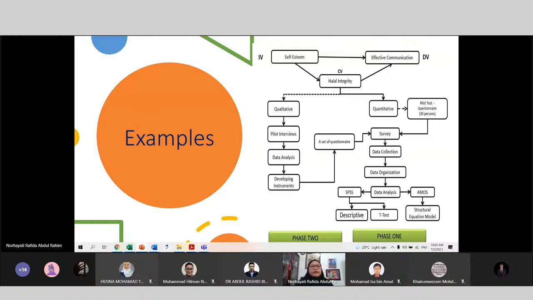Triangulation I buat survey, focus group discussion, and case study. So the whole three will provide us more insights, more data, and then we can draw a bigger picture on each aspect. Selalunya the three methods will measure three different